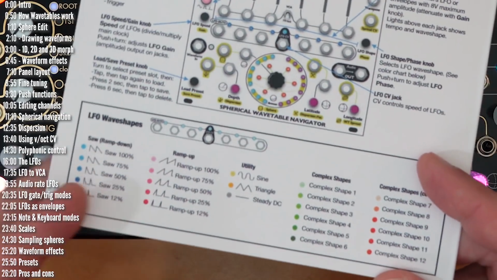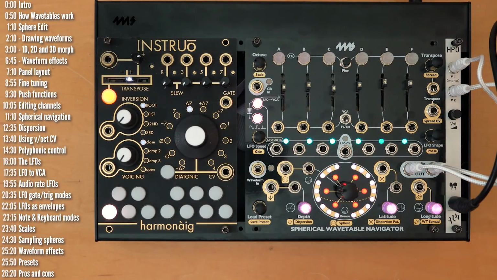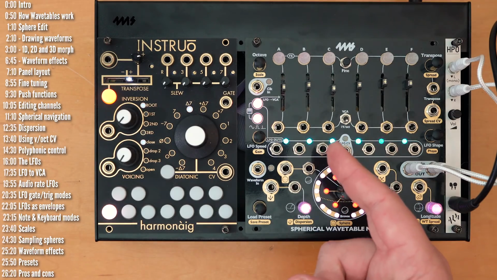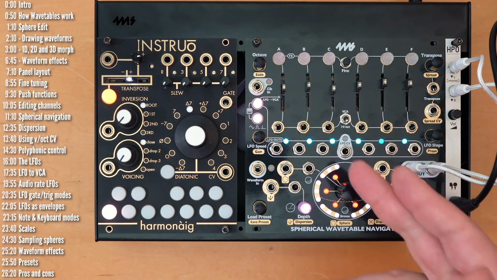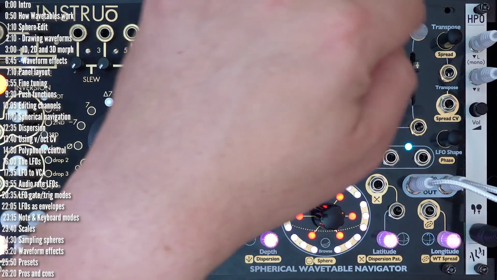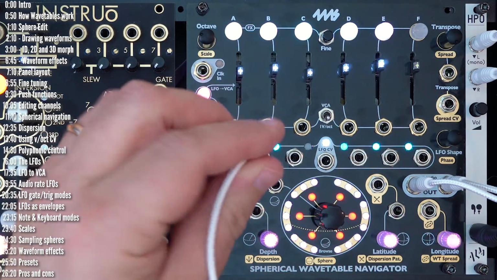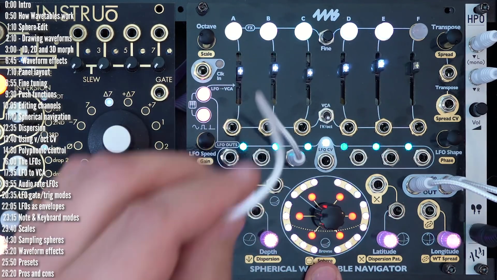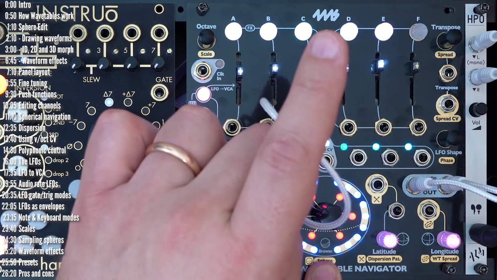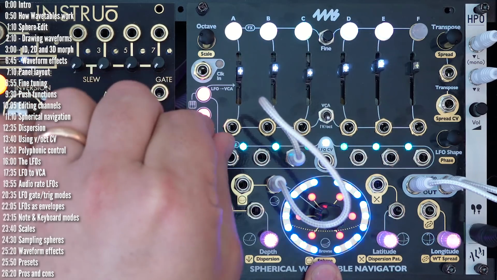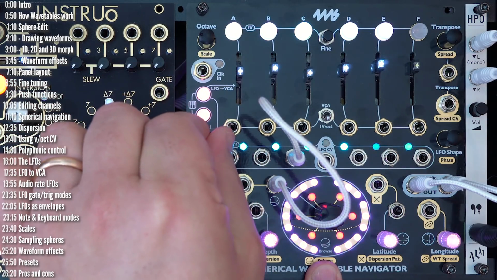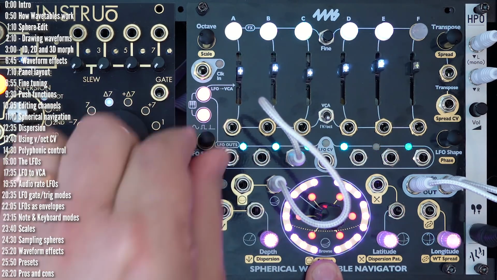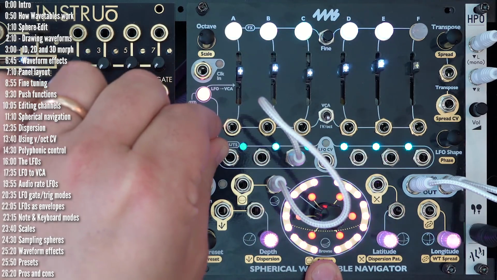There is a handy cheat sheet with the different LFO shapes and their respective colors as per the LEDs, and you can also just hook them up and listen to them either by hooking them up to the VCA, which I'll show you in a bit, or by hooking them up to pitch. So let's take a listen. For example, I'll take, let's say, this LFO and plug it into browsing the sphere. I can slow it down, make it faster,